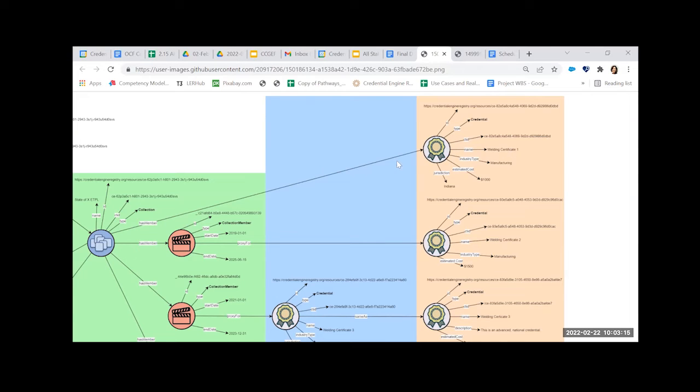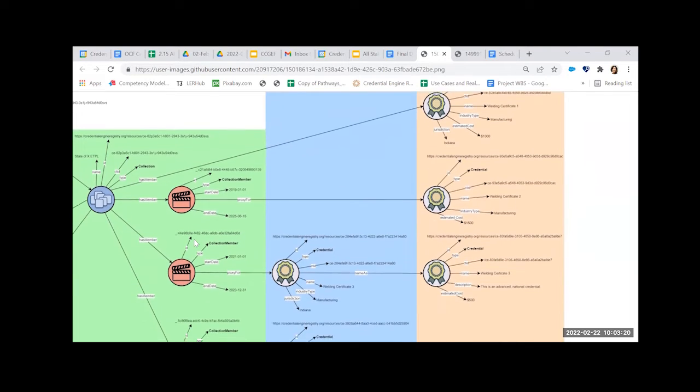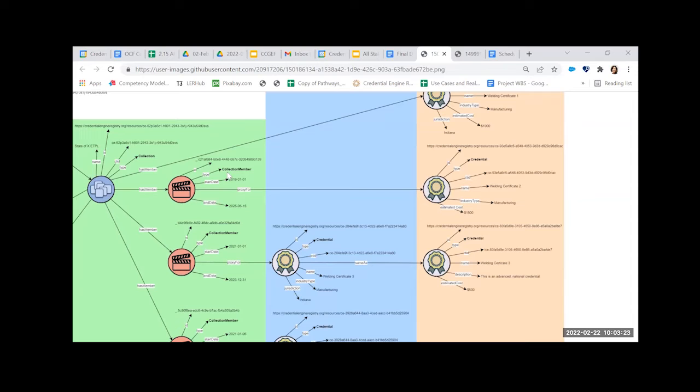The second has member arrow there points to a collection member object, and the purpose of the collection member object is to indicate the start date and the end date of that item's membership on the collection. This is for use cases where, again, for the state ETPL example, each credential, each course, each whatever in that collection may have a unique start date and end date for its inclusion in that list. So here, the rest of it is the same. It's just pointing out to a credential that's in the registry via the proxy for property. And that allows the owner of the collection to say, this thing is on my collection from this date until this date.